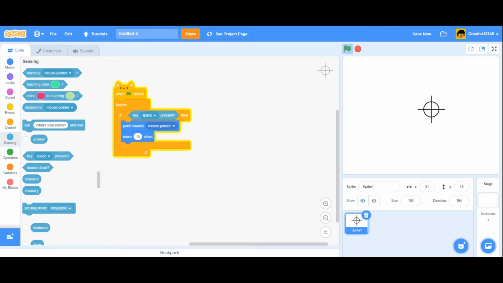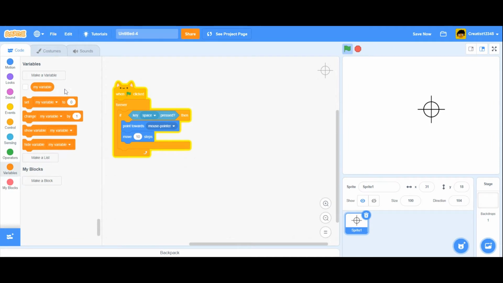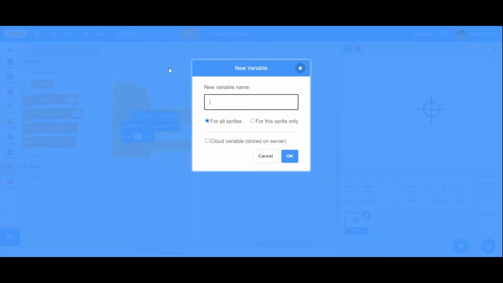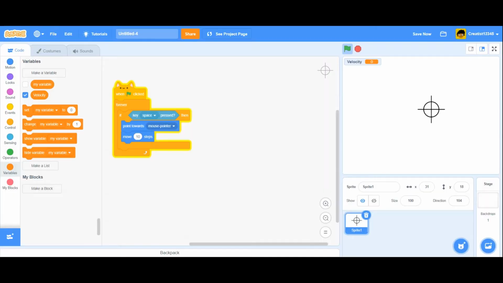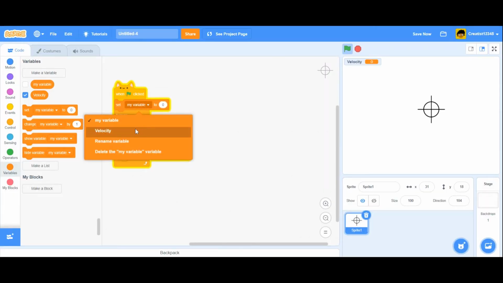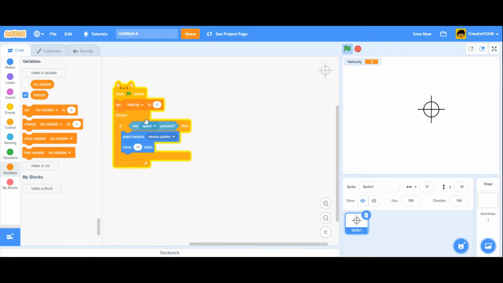A good way to add friction is actually pretty simple. Let's make a variable, and for this we'll name it velocity. What we're gonna do when we first start is set the velocity to 0. Then instead of moving 10 steps, we're going to stop the project, and we're gonna move it by velocity steps. Now, if we were to start the project now,